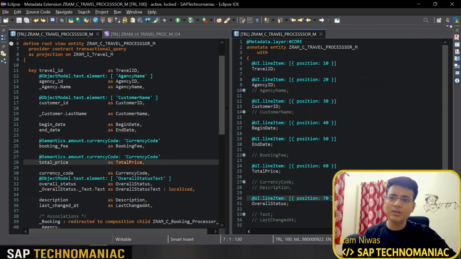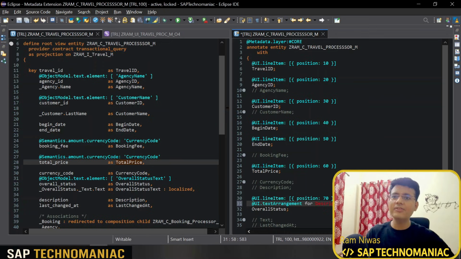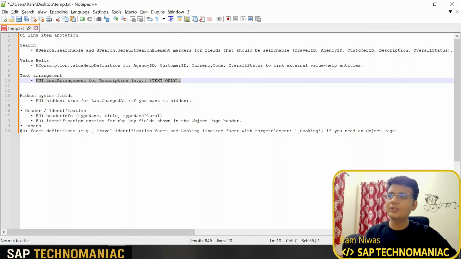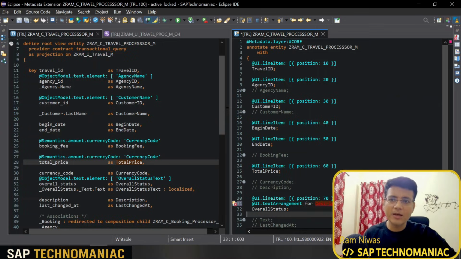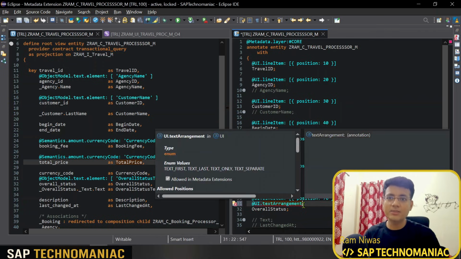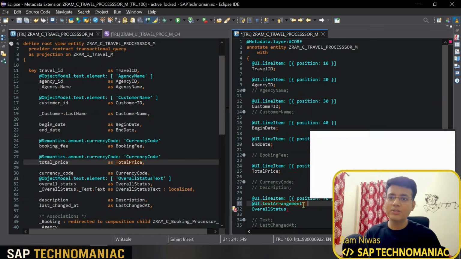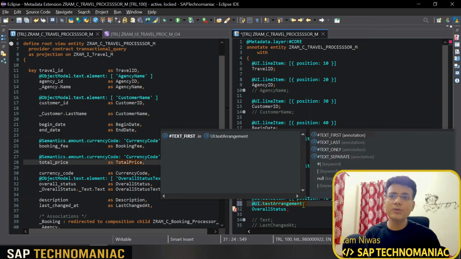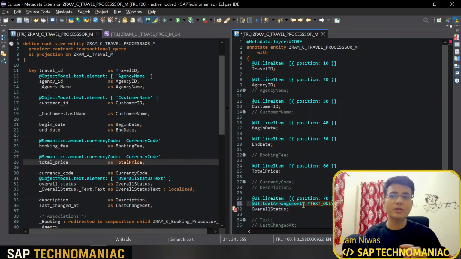So in this one, I will go here and I will just say @UI annotations. Oh, this I don't have. Okay, so what I can do, @UI annotations, text arrangement, shift enter. So control space you can do, and I just want to display text first, text last, text only. I just want to display the text only. That's it. Control F3 I can do,